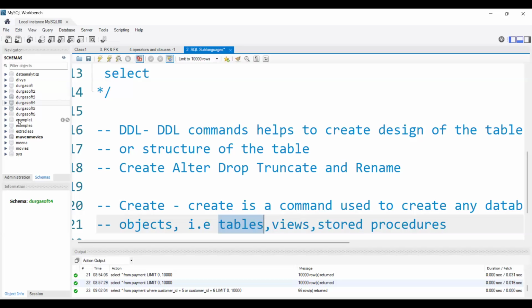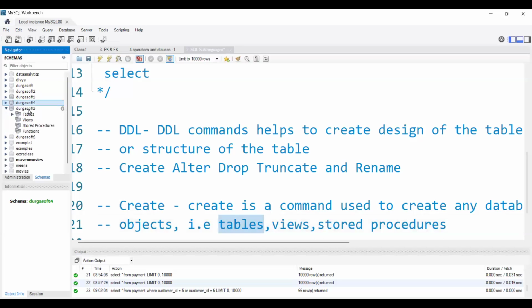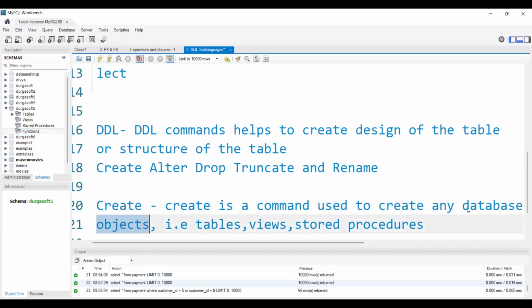If you look at any database, like this DurgaSoft 5 database, and expand it, we have tables, views, stored procedures, functions. Everything like that we call database objects. First we will deal with only tables. Once we are done with tables, going forward we will learn what views and stored procedures are.